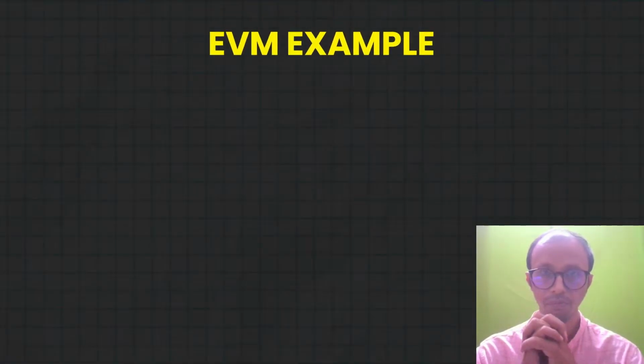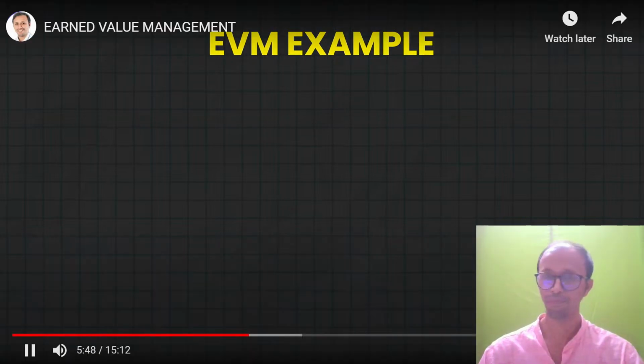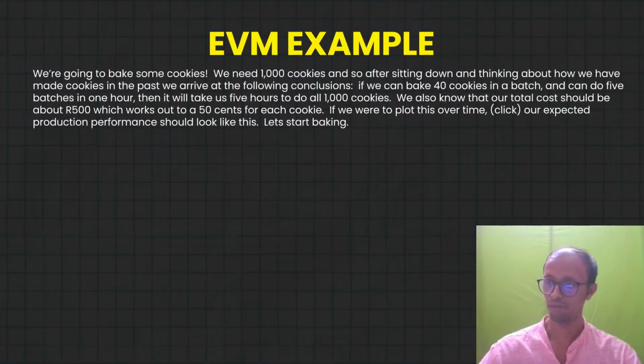Let me give you an example. Let us take an example, and this will help us clear the concept of EVM. So what happens is that suppose we are going to bake some cookies and we need 1,000 cookies, and